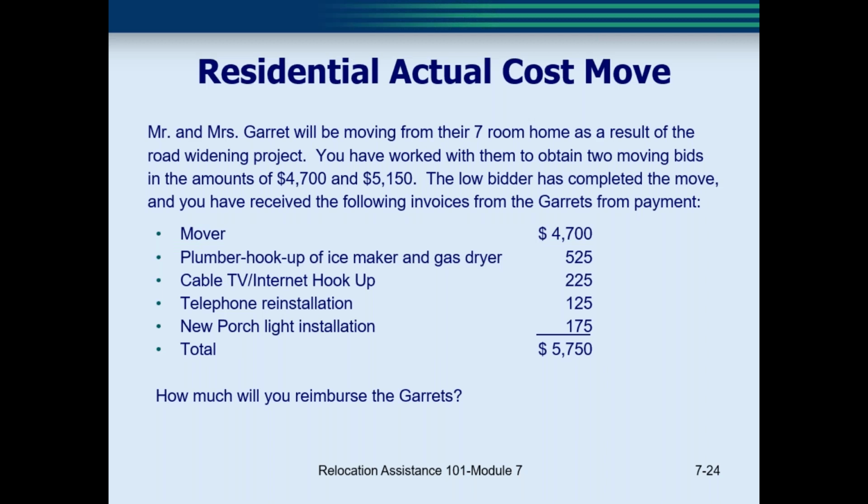Okay, the correct answer is actually B, 5,575. And this is why. The only thing you're going to really remove off of that is the porch light. We're not going to reimburse them to install a new porch light, but they can get reimbursed for the other costs if the mover's final invoice didn't also charge for